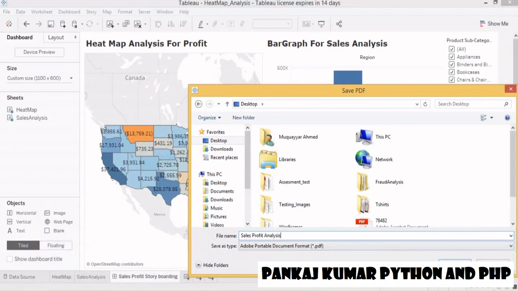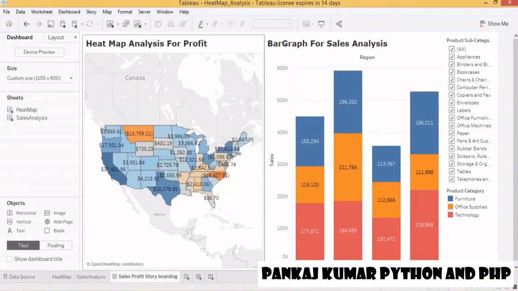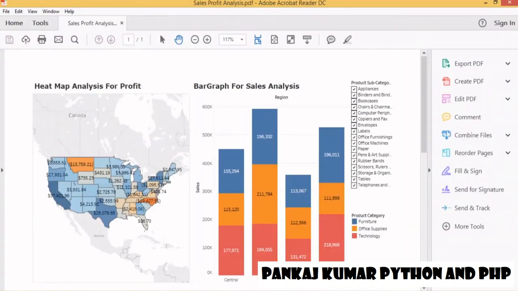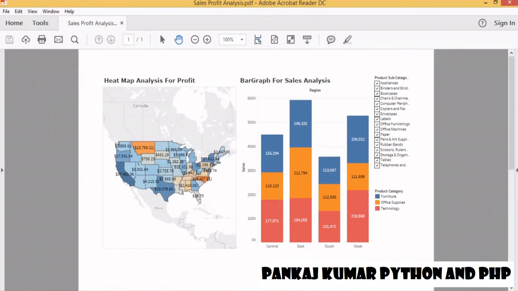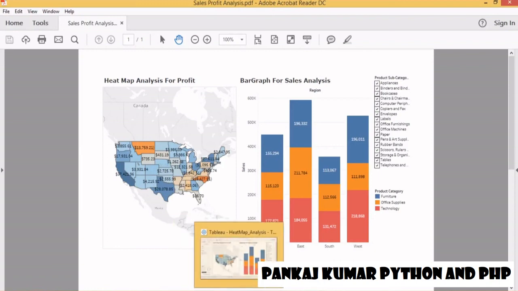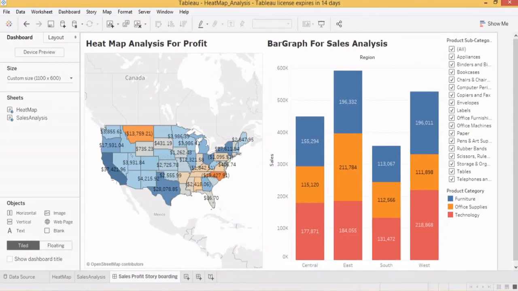I am saving it in the form of PDF. So guys, look at this. This is how our dashboard looks. It has 2 visualizations side by side, with all the filters and with no metadata. Okay, suppose if you have 4 visualizations, then you will find the other 2 will be here. Okay, so guys, with this we have completed the basic tutorial for Tableau, and I hope you guys have enjoyed the visualization session.